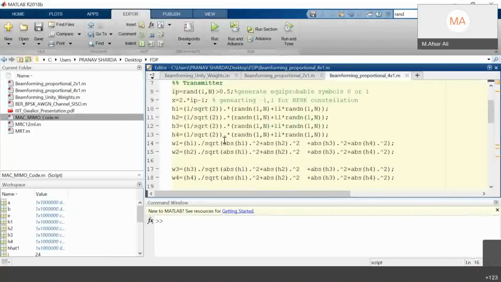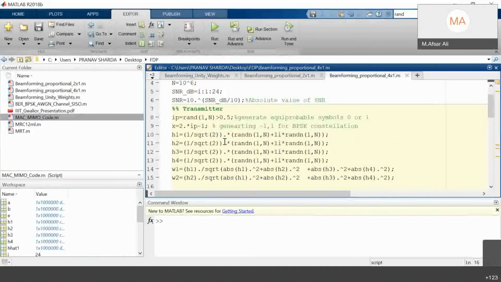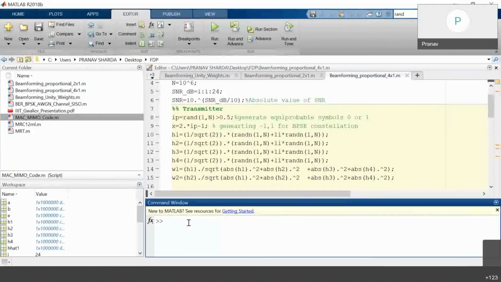Sir, shall we do this program in the Simulink platform? No, no. If you want to implement in Simulink, you need to type Simulink in the command window. Simulink is all about modeling. This is a MATLAB editor window wherein you write the code. In Simulink you will be using certain inbuilt blocks.